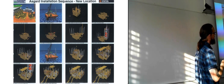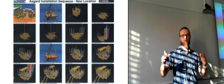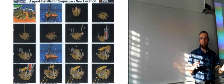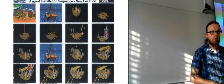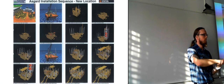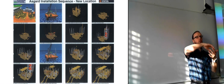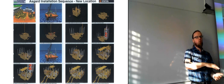Which also means that the equipment itself doesn't have to handle such peak forces as it would with a belly flop when it was lowered in. And also the crane and the equipment of the crane, there is a really dangerous possibility here. If the wave is coming up just as the equipment touches the water, it's going to lift the equipment because it hits it so hard, and it takes a little time before it starts sinking into the water. And then when it's lifted, you can get slack in your lifting wire. And if it's then suddenly lowered back down again, because the wave is going up and down,